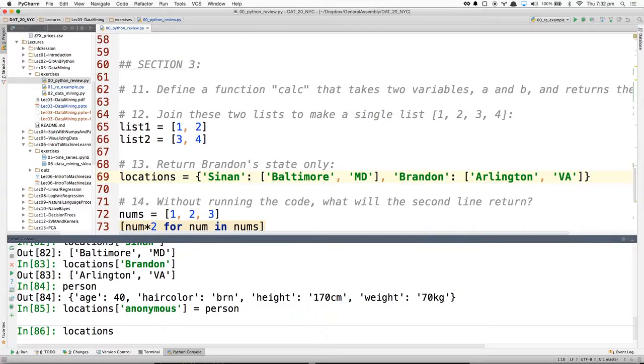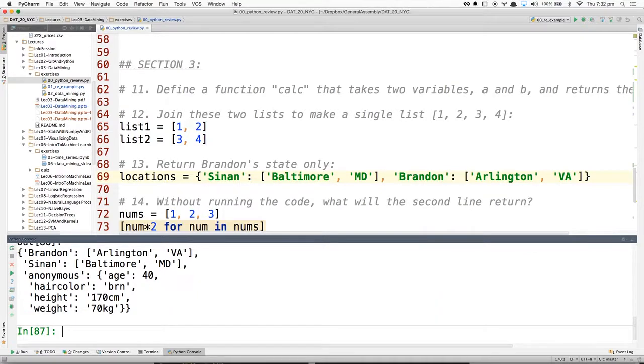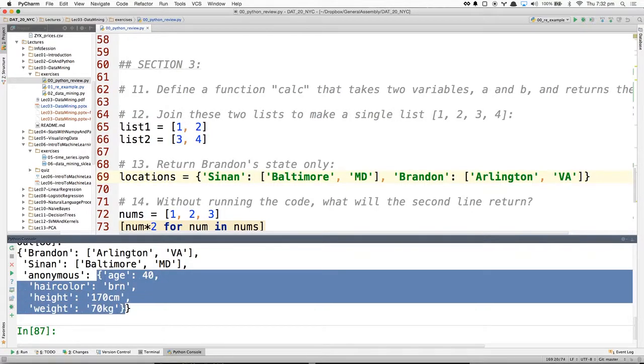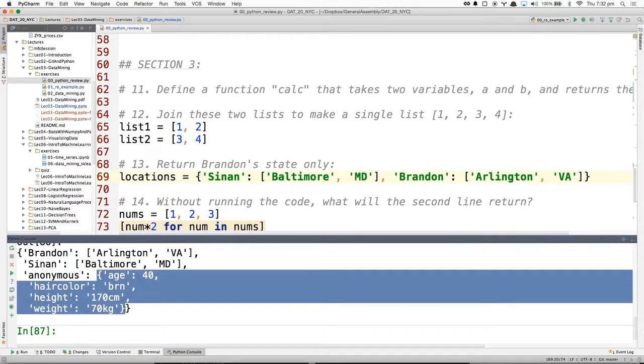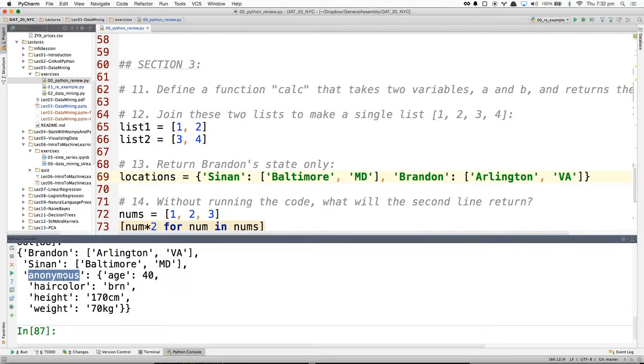what do you think my dictionary object looks like now? Yeah, so now I just injected the values. I just nested that dictionary within the dictionary. So I just have a dictionary object. My original dictionary object of person is now mapped to the anonymous key, the anonymous string, which maps to that person.